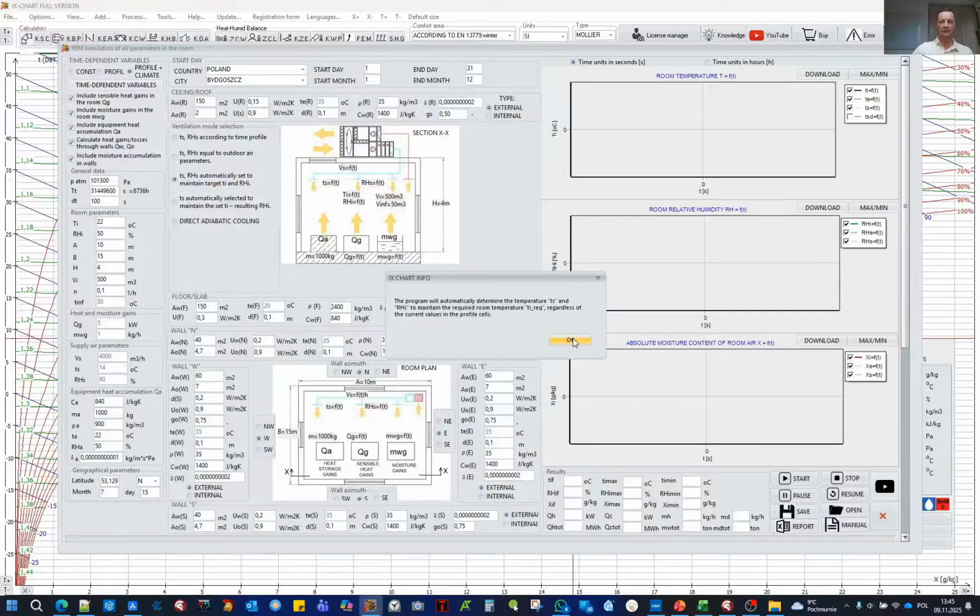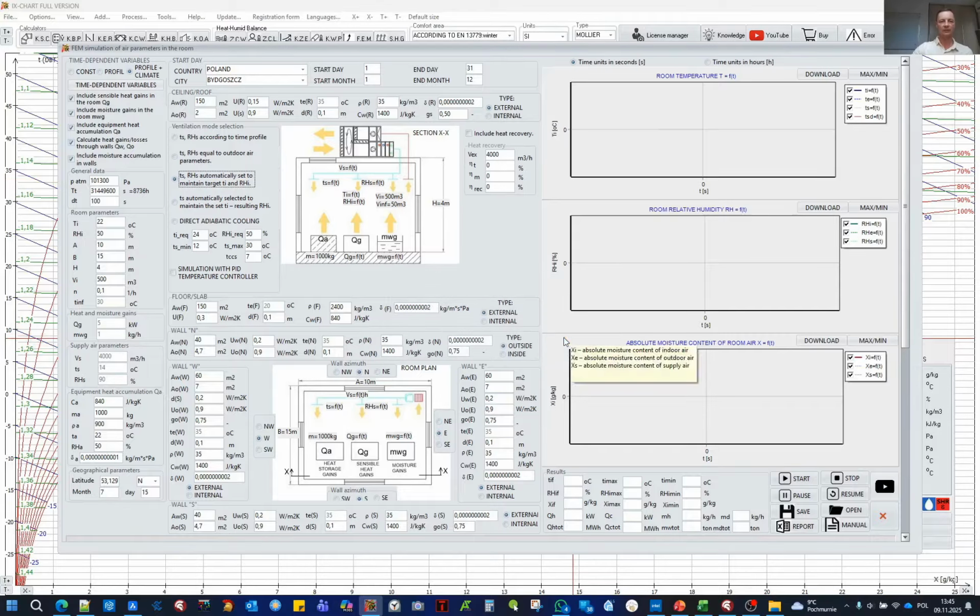Looking at calculations, at simulating. Here the room temperature and humidity will depend on the airflow, and we really don't know what we will achieve. We only know what we are supplying, and what we achieve will be our result dependent on the airflow and gains. This mode allows for full automation of calculations, and that means in this situation we define